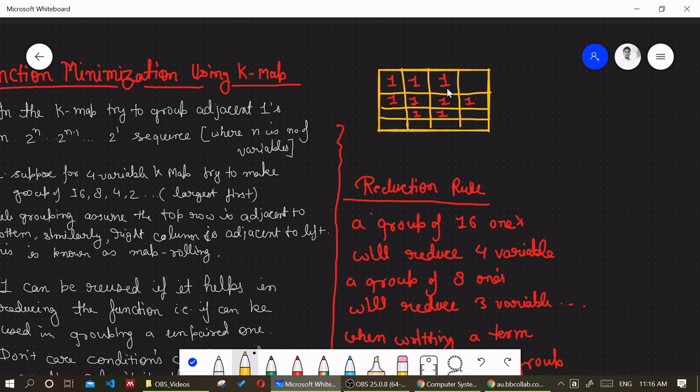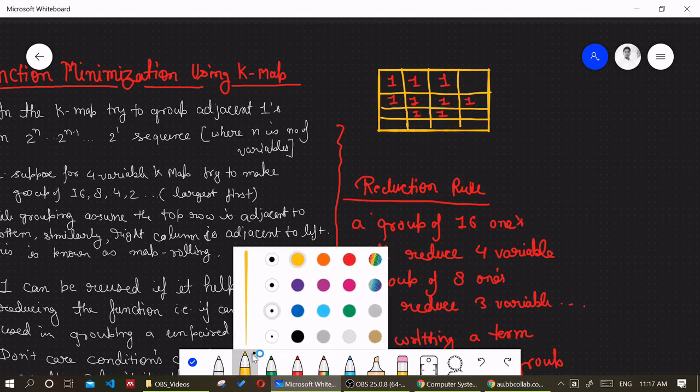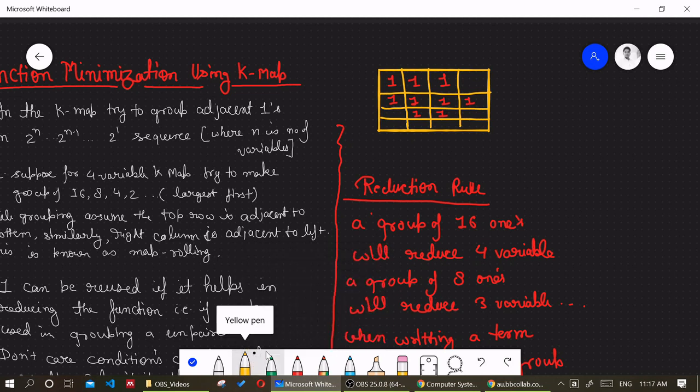So what you have to do now is pick the quads. Quads means group of 4. So let's see how many groups of 4 we can make. This is one group of 4, this is one group of 4, this is one group of 4, and this is one group of 4. I have tried to make all the possible groupings with maximum possibility. In this example, you are left with one 1.